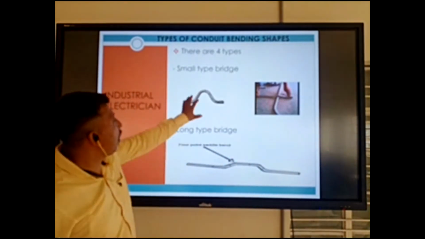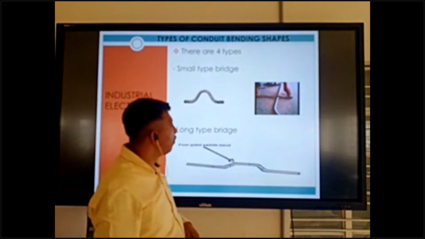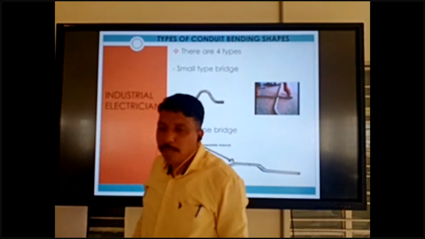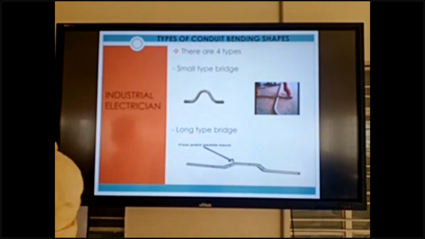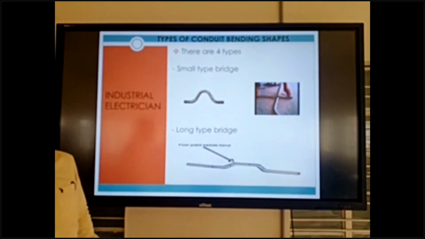This is the small bridge. If one pipe is crossing, you can use the small bridge.